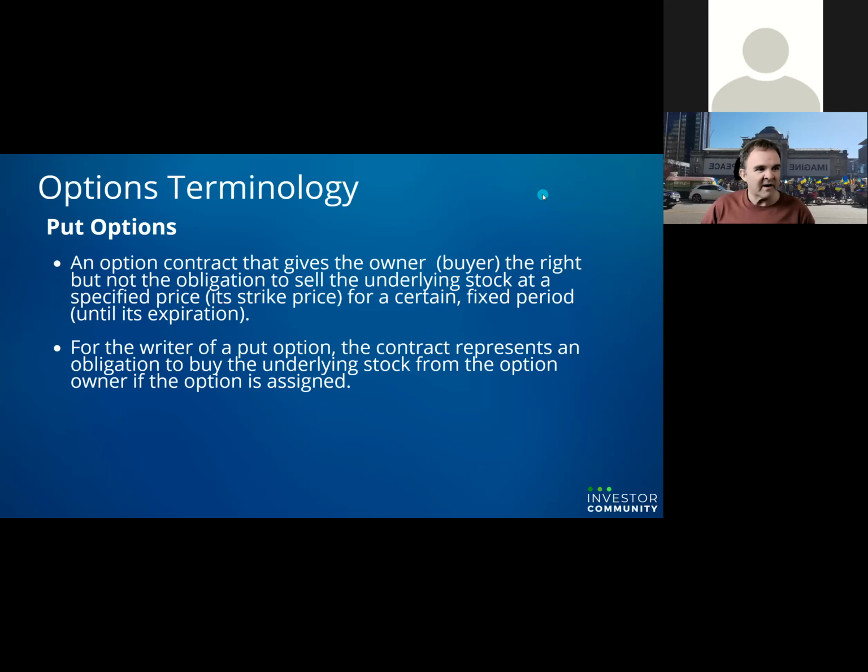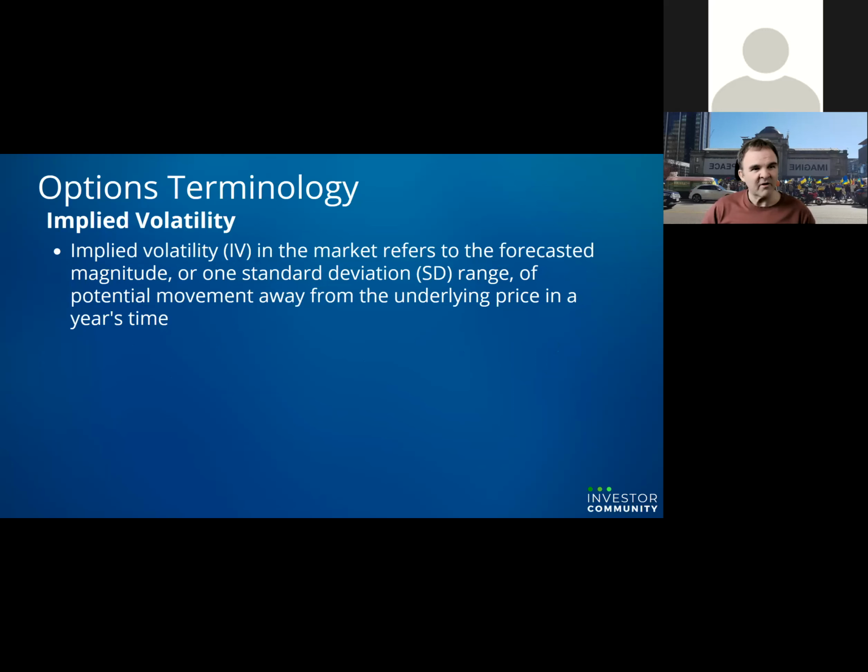Pretty straightforward, right? Now, if you sold the put option, the contract represents an obligation to buy the underlying stock from the option owner if the option is assigned. That is, if the person who bought that put option from you decides they want to exercise, you have to buy the stock from them. Okay, that should be pretty straightforward. I don't see anybody stopping me here, so we'll keep going. All right, so